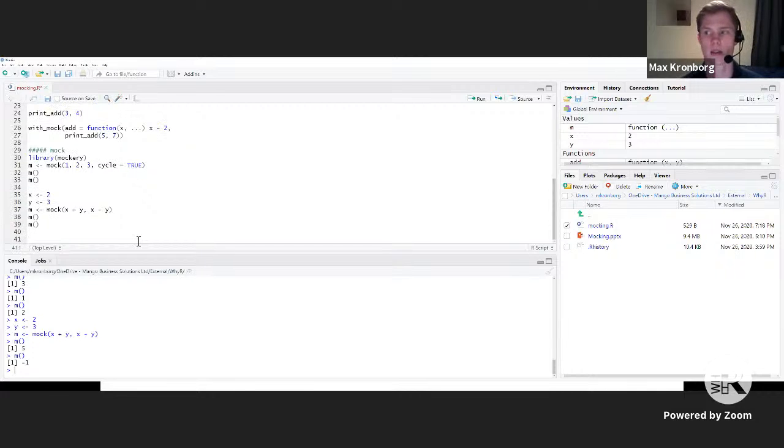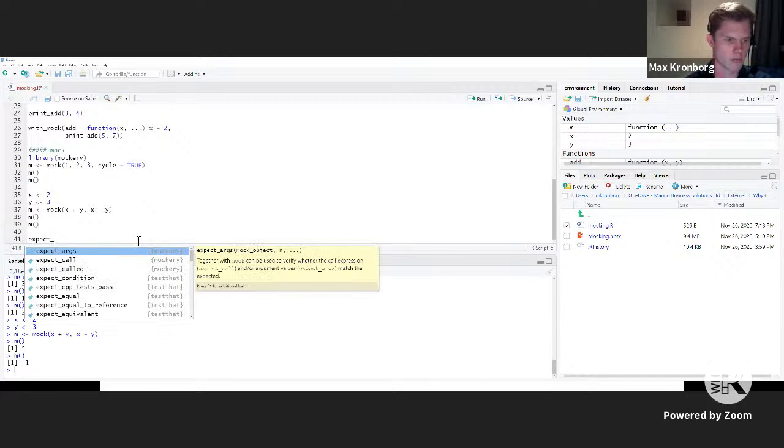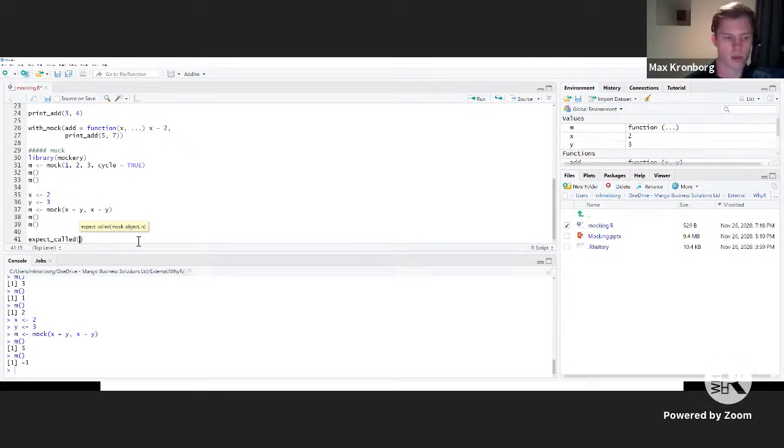What this comes with, like I mentioned, are a few different ways of tracking function calls and things like that. To go along with the testthat package as a test, it provides the function called expect_called. For a given mock object, so m, you can test how many times it's been called. We've called that twice since we created it.